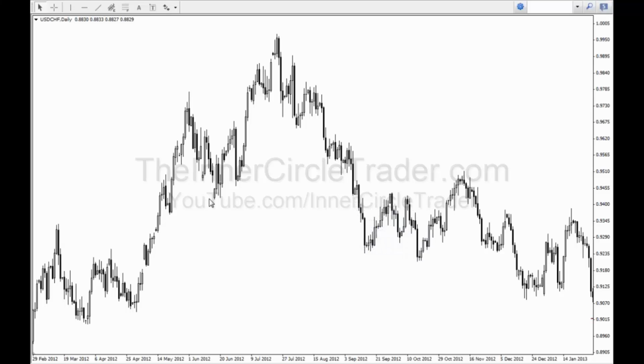So would this swing qualify? Up here it would, but you didn't dip down into the order block far enough back here. Okay, so